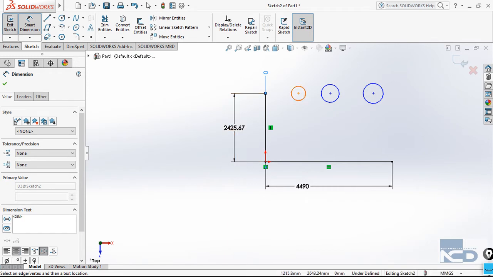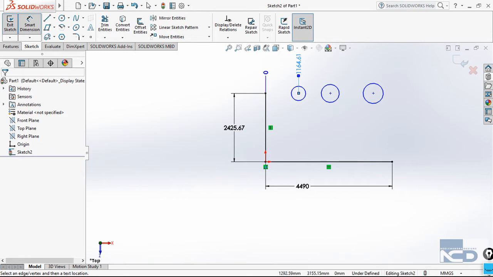It means that this is taken as a 0 dimension or as a reference dimension. Then if you click on this circle center point, you can find that the value will automatically appear, and this value is just a reference. It will have the line between them like this, and this value is taken as this one. Similarly, from this point to this point, it will have one value, and from this point to this